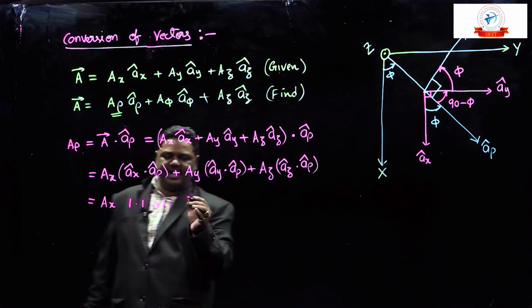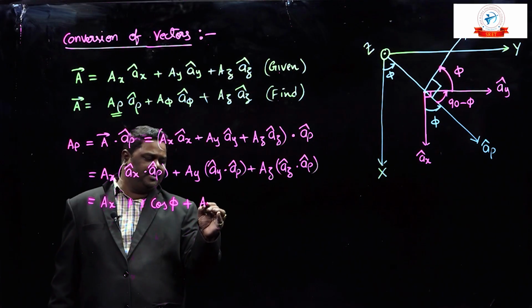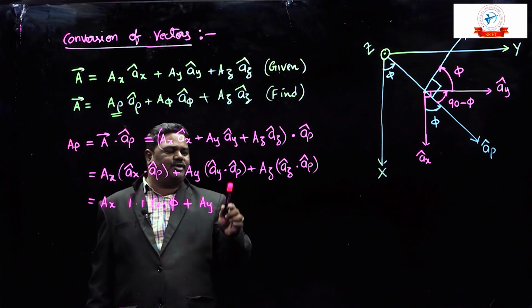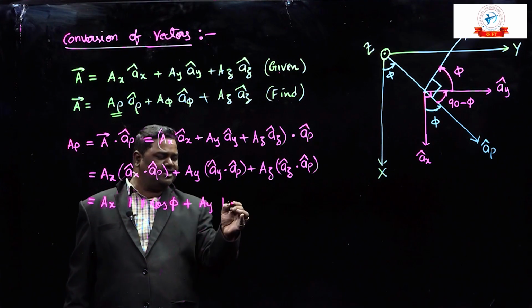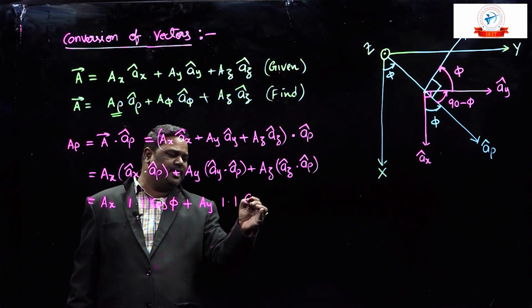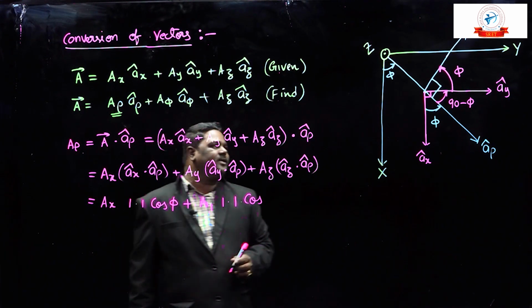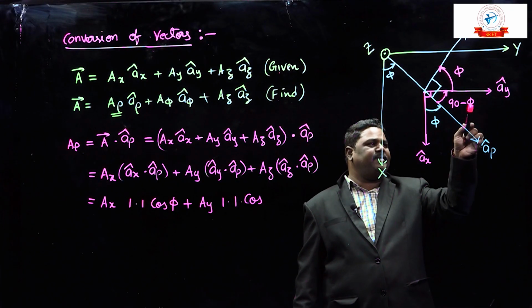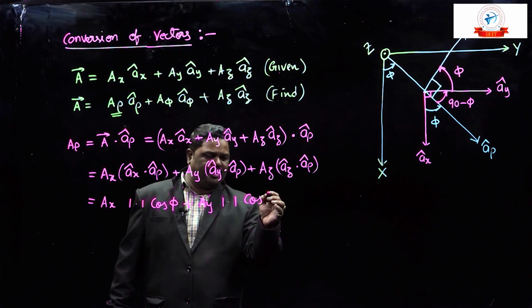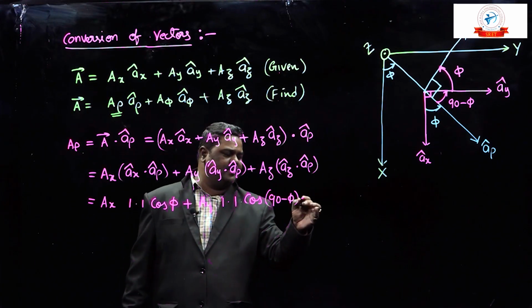So I am going to write cos phi, plus ay into, for this dot product, the magnitude of ay cap is 1, the magnitude of a rho cap is 1, into cos of the angle between ay cap and a rho cap. What is that angle? This is 90 minus phi. So I am going to write cos of 90 minus phi, plus